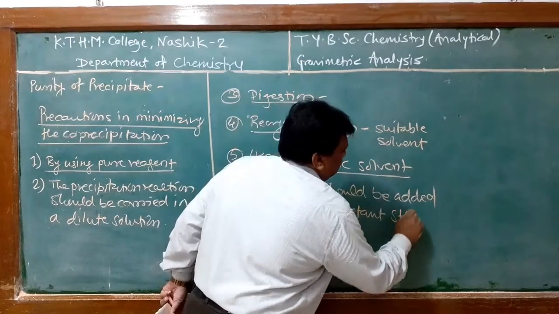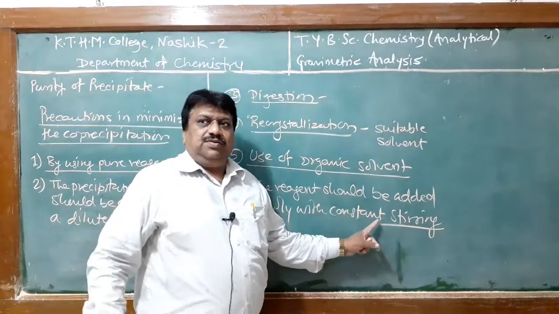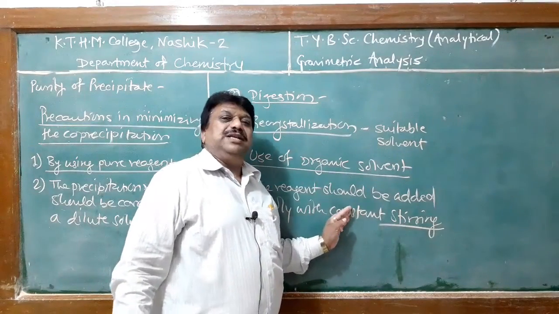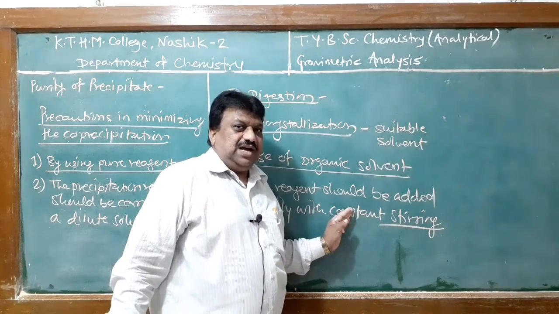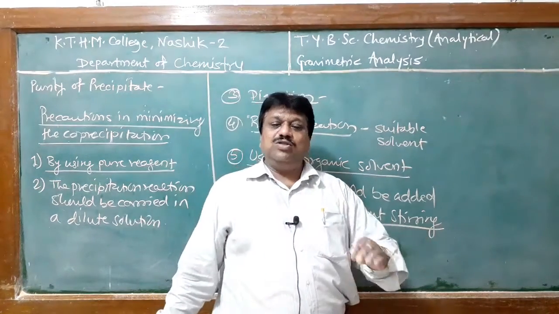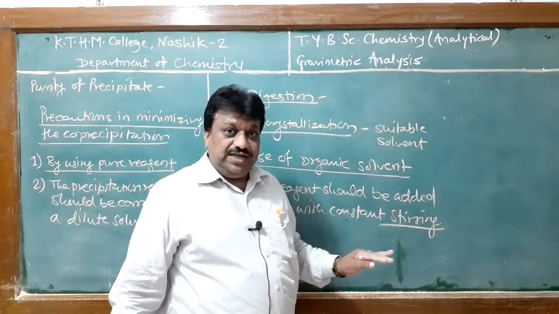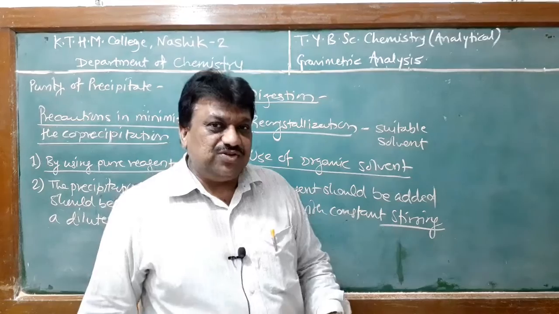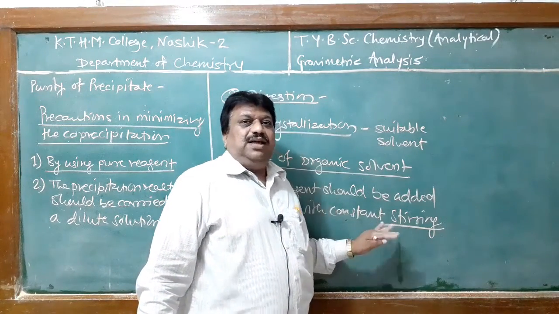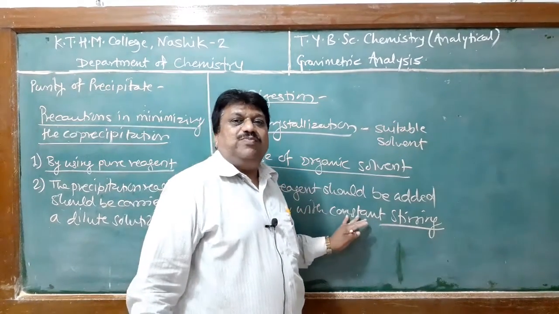Generally when reagent is added at a time, the precipitate formation takes place and many co-ions of the reagent or that analyte get adsorbed on the surface of the precipitate. To avoid this, the reagent should be added slowly so that the degree of supersaturation can be kept low. Rapid formation of precipitate is not possible, and when the precipitation reaction is completed, then we can form that precipitate.